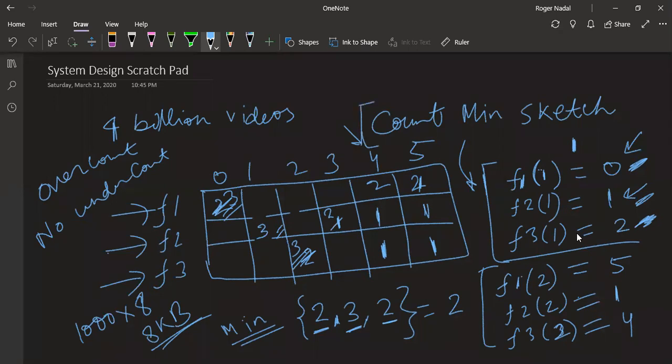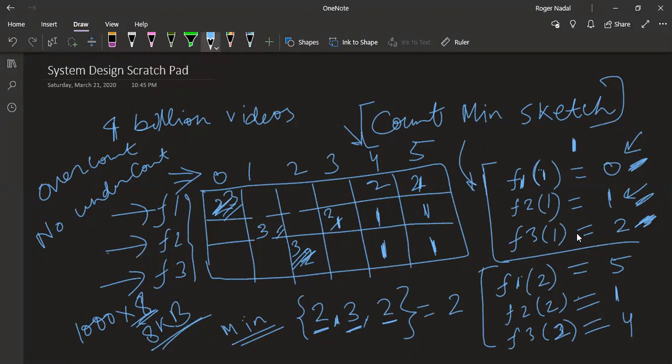So why 1,000? Go ahead. So I think 1,000 is like a representation of the 4 billion videos? Like narrowing it down. Sorry, what was the question? What is the 1,000 here? The different hash values. Oh, so what I showed, for example, that this is 0 to 5, but suppose all these 8 hash functions, like currently we just took 3, right? The range of values that a hash function can produce. Yeah, so you are having 8 hash functions, and the range of values they have is 0 to 1,000, or 0 to 999. And again, it's mathematical. There is a formula for how much error you can get.